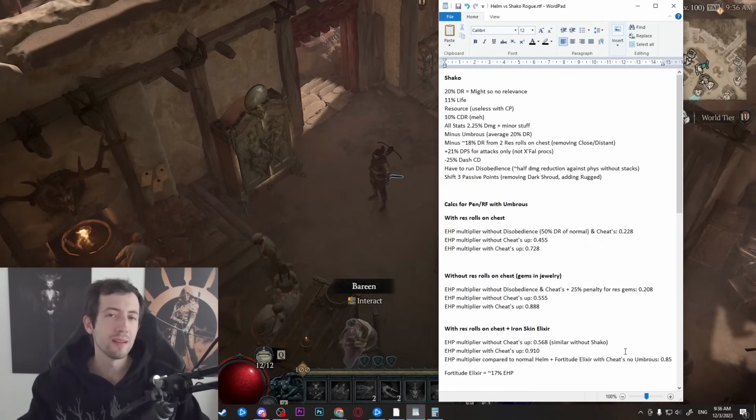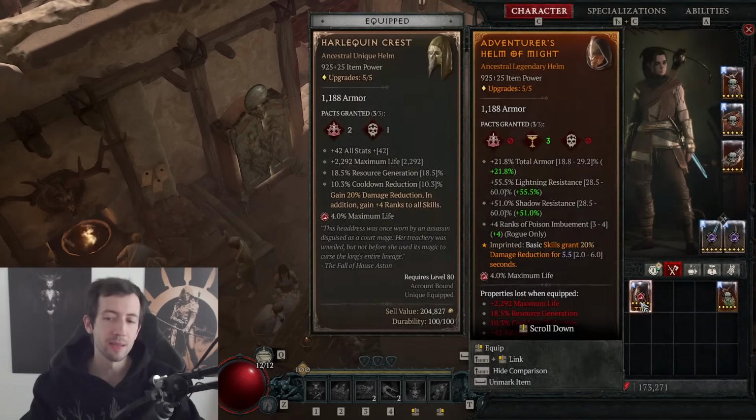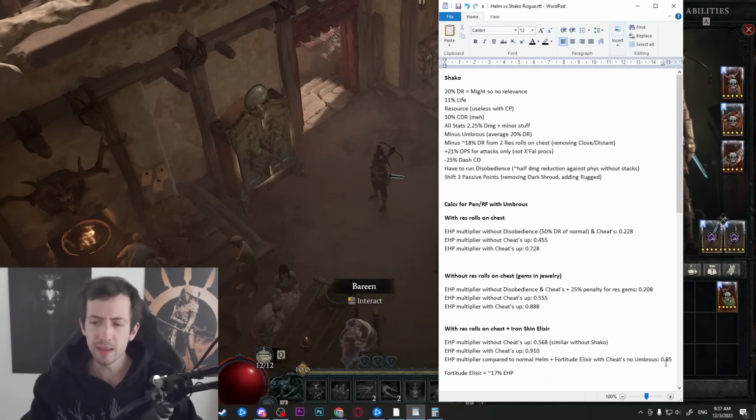So this means that we can skip the disobedience aspect under some circumstances. So I would not have to replace the defensive aspect. We would only replace the might aspect here, the 20% damage reduction, for the other 20% damage reduction. We keep this, and everything is fine. In that case, it's actually pretty close. So 0.85. However,